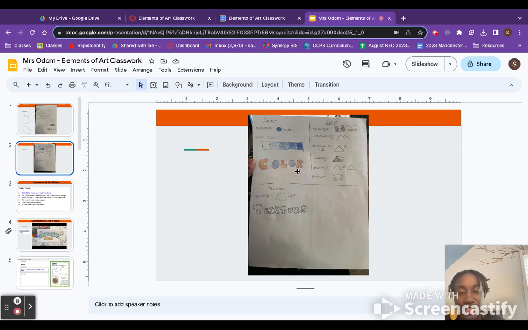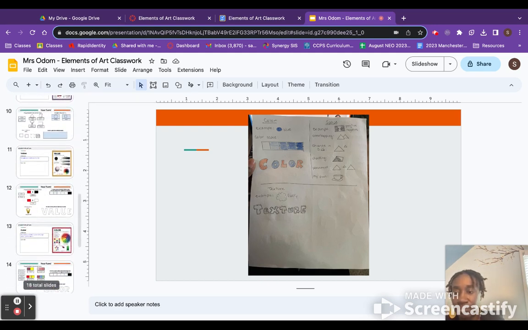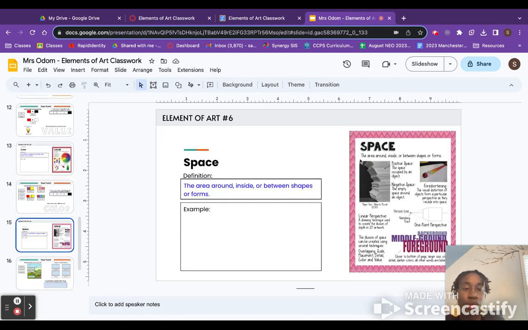Again, I'm not looking for perfection. This is just a practice sheet so I'll know that you're grasping these concepts. All right. Then we are going to move on to space. You're going to type in the definition: the area around, inside, or between shapes or forms. Here it tells you the difference between positive space and negative space. Foreshortening is on here as well, but we're not going to go over that right now. But if you include that as your example, that's totally fine. Perspective,